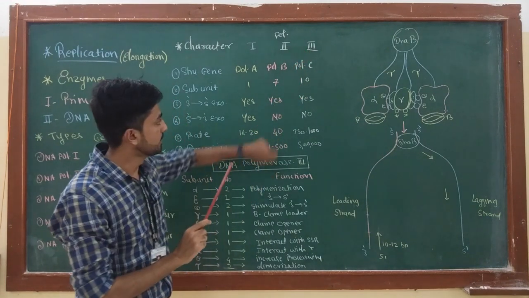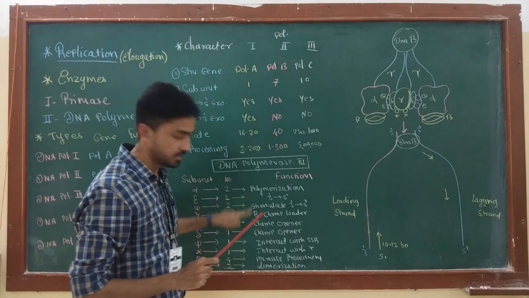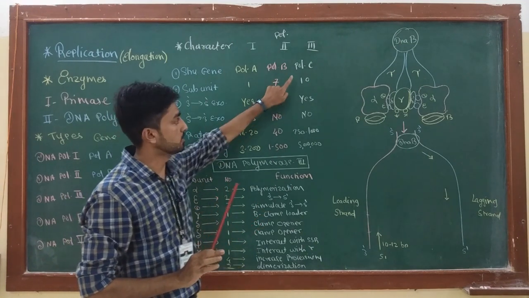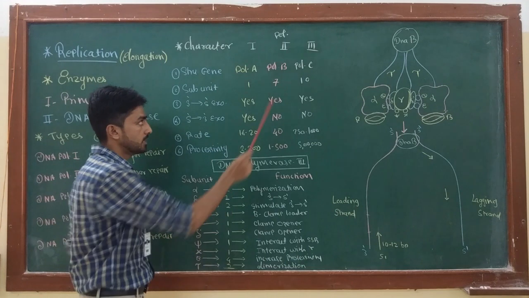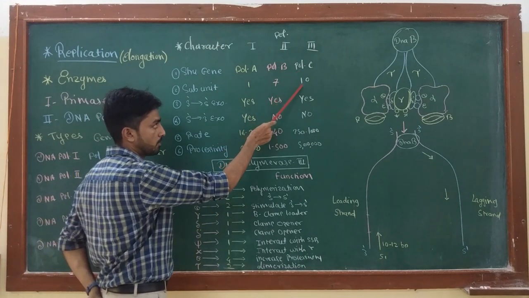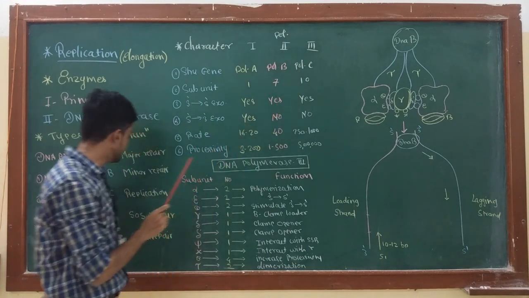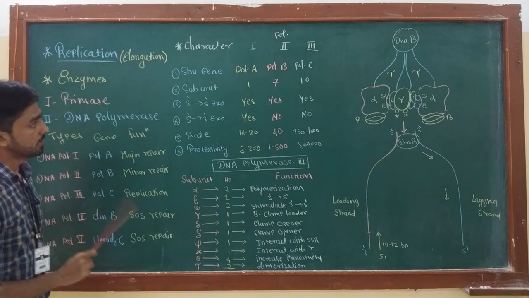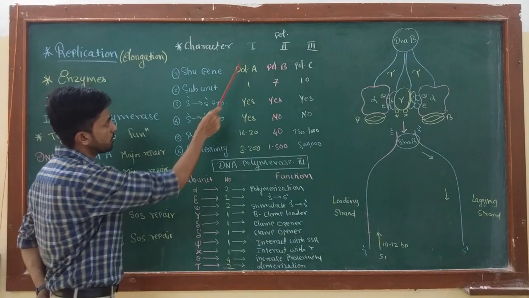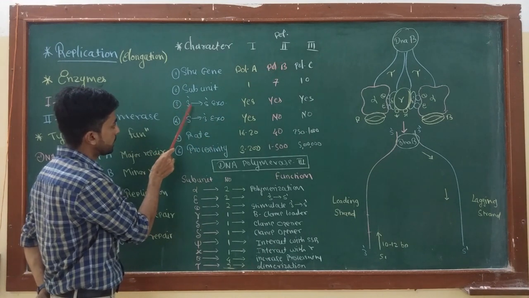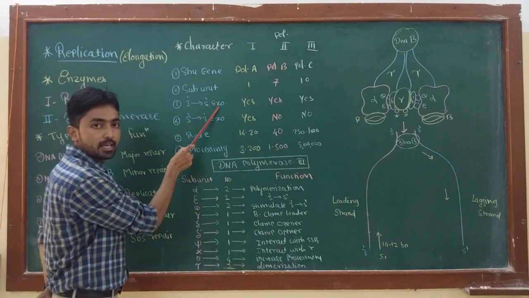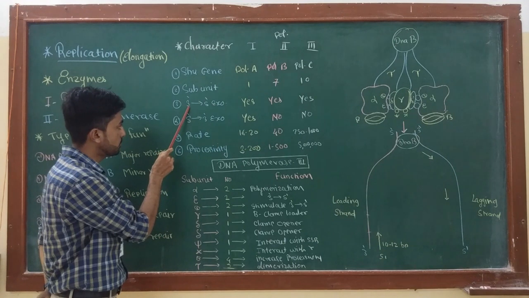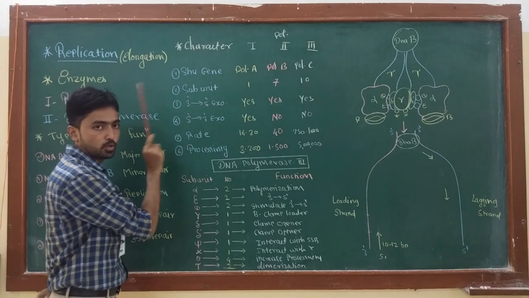We are going to see all these 10 subunits in detail, and their functions in polymerase 3. But you have to remember that polymerase 3 enzyme is made up of 10 subunits, and this is the main enzyme which takes part in replication. Now, the third characteristic of all these polymerases is 3' to 5' exonuclease activity.